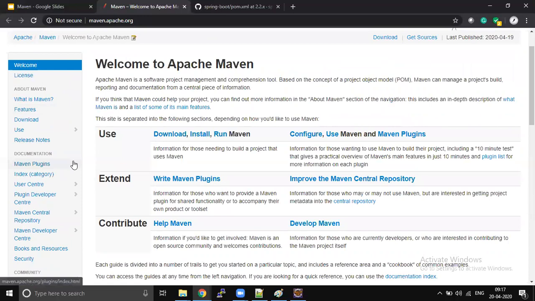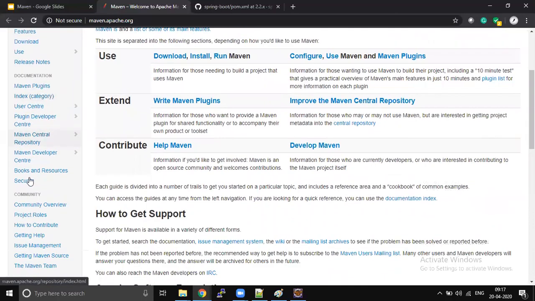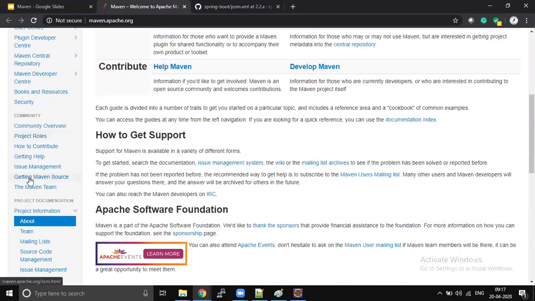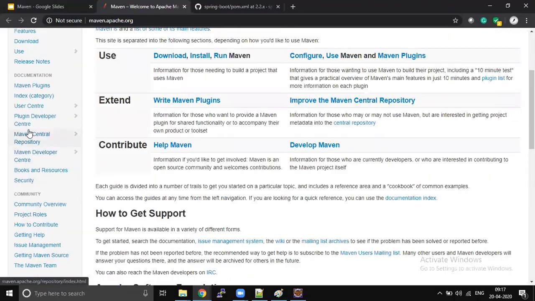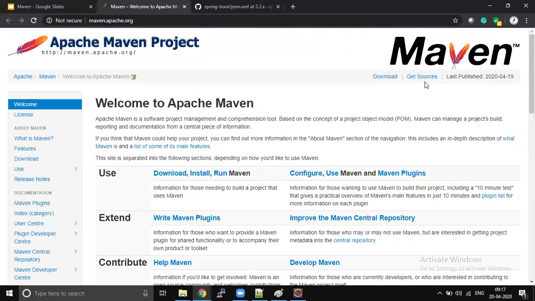There is something called documentation. This is the section you have to go through. Maven plugins, index, user center, plugin developer center. So this is the section you have to go to. Okay, so this is all about Maven.